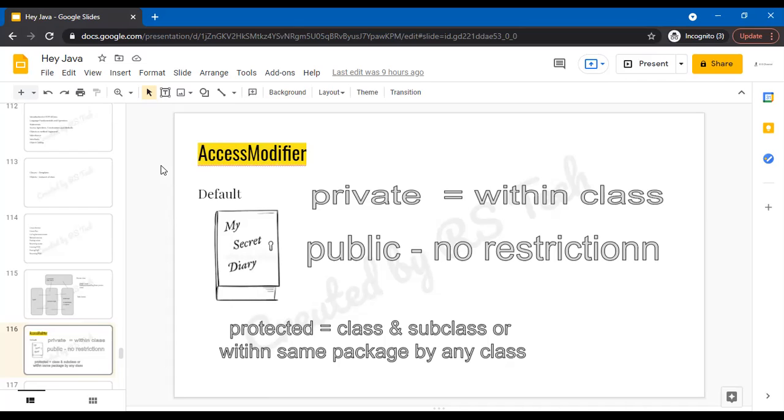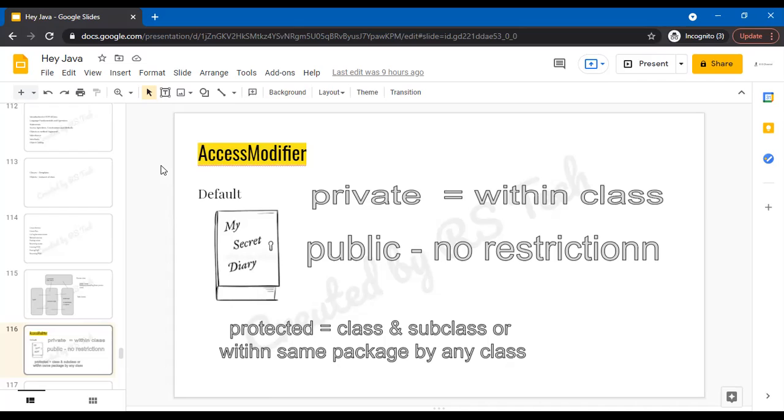Can you read your father's diary? The answer is no. It is private. So private means only the class can read it. No other persons can read it. Even if you are inherited, even if you are a child to your father, you cannot read your father's diary. Private means it's private.